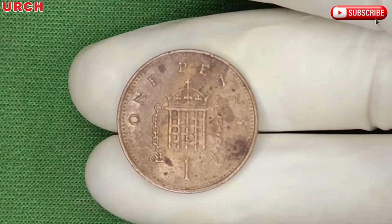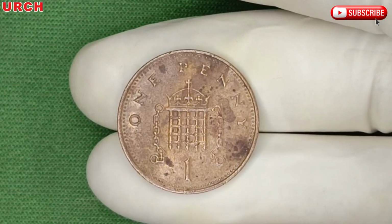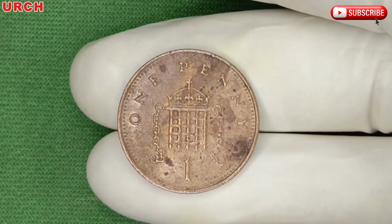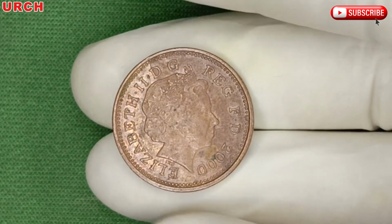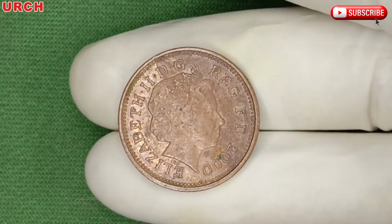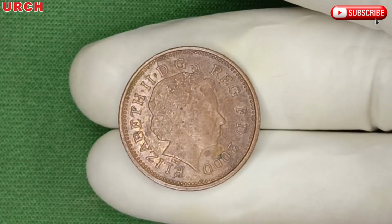The 2001 penny coin was struck primarily in copper-plated steel, a material that replaced bronze in 1992 due to the rising cost of copper. Though it may seem like a minor detail, this change marked a turning point in British minting history. Copper-plated steel coins are magnetic, unlike their earlier bronze counterparts, which provides a simple way for collectors to